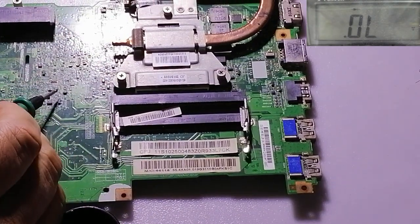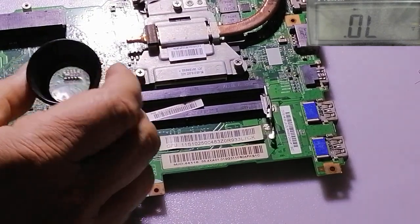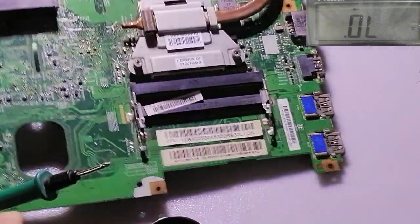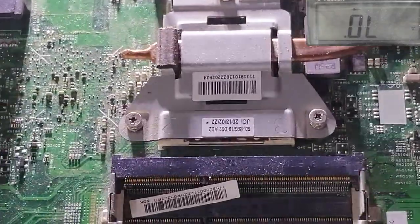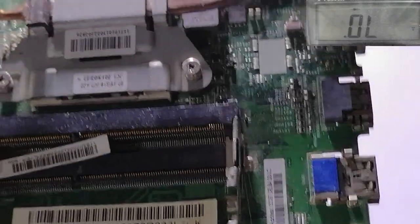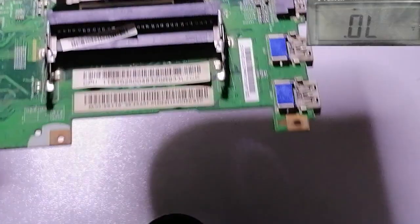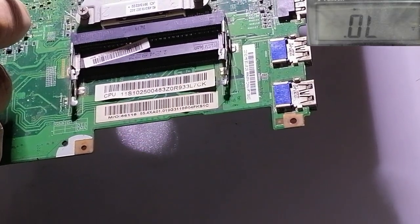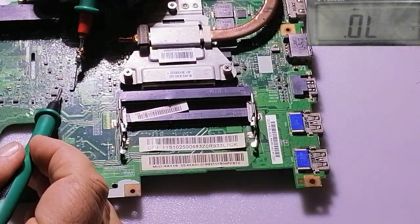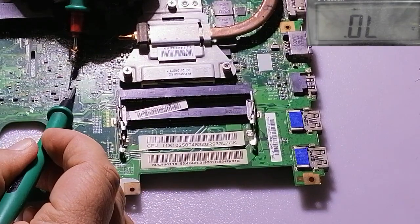Now, this one, you can see in my loupe. This one here. Yeah, as you see, this one here. They write on the motherboard D2402. That means this is a diode. Now, how do I test it? I use diode mode. From this side, it does not read. From the other side...